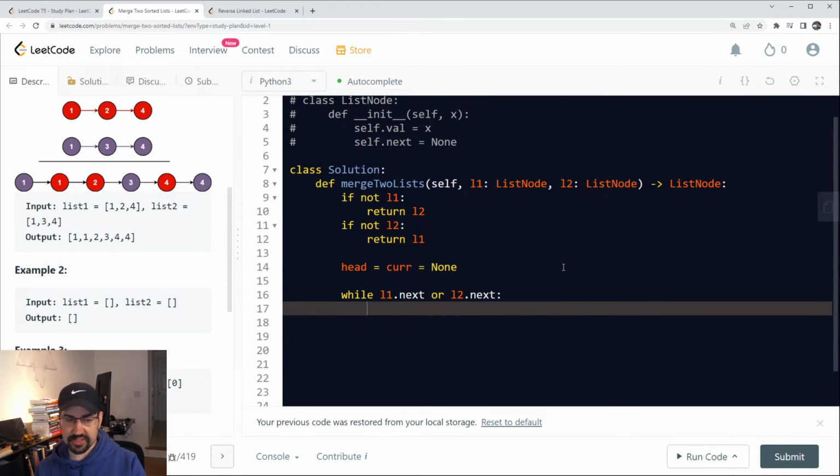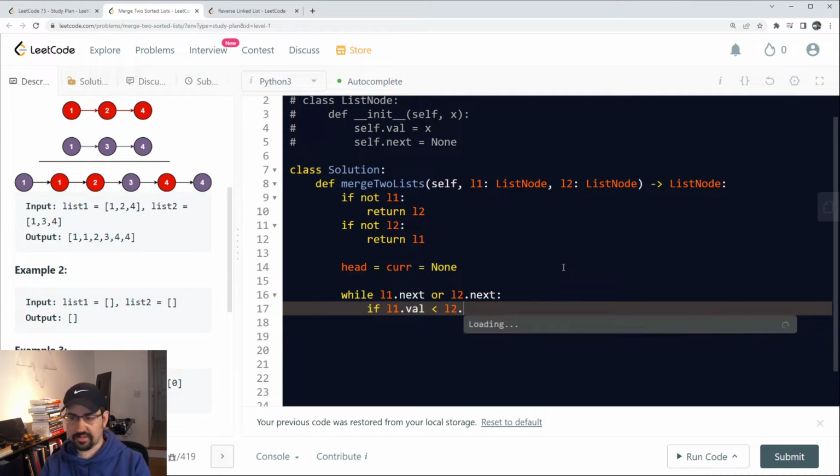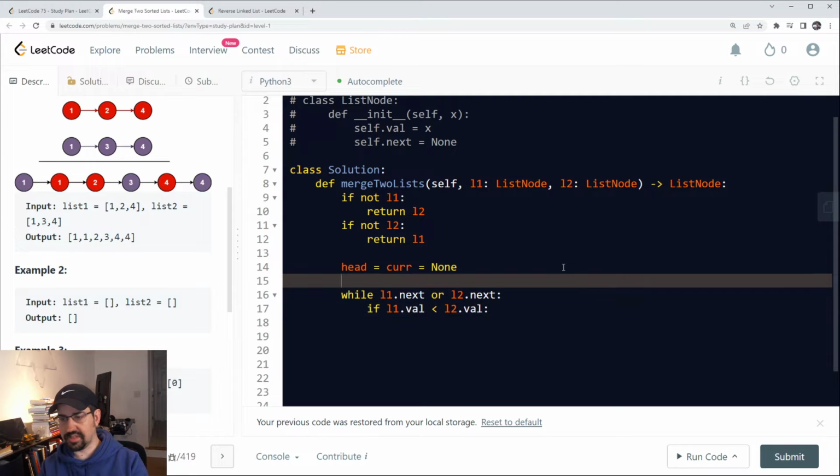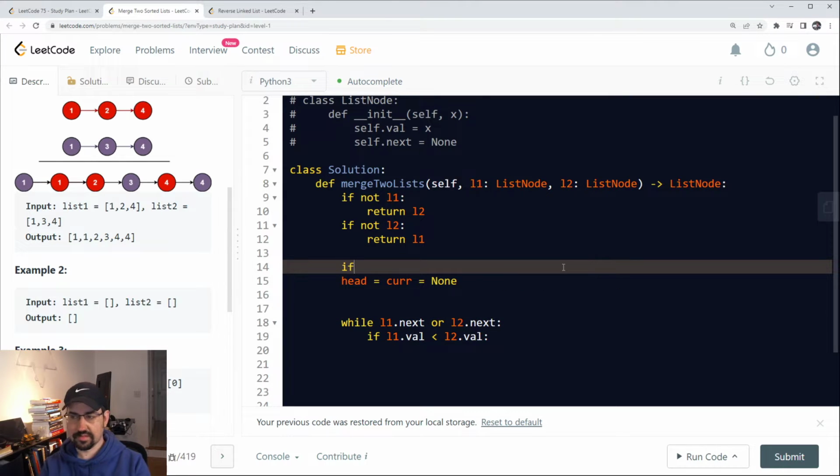Then I think we just need some logic checks to go ahead and insert them as the head. So if L1.val is less than L2.val, obviously L1 might not be, well, we need to find out how to initialize this node too. I guess if L1.val is less than L2.val,